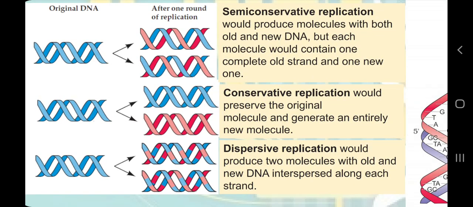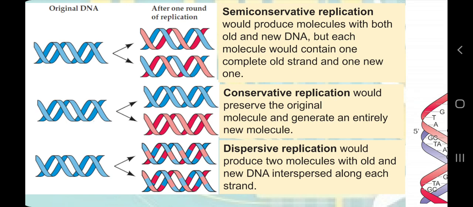In the next diagram, we have two new DNA molecules. One is completely blue and the second one is completely red. It shows that one DNA is the old DNA and the second DNA is completely new DNA, which is formed, of course, with the help of old DNA. And in the third diagram, you cannot identify which part of DNA is old and which part is new. It is somewhat mixed. So one strand is made up of a few parts of old DNA and a few parts of new DNA.